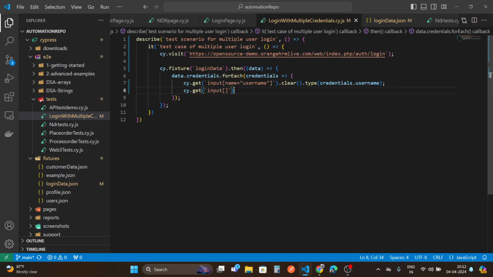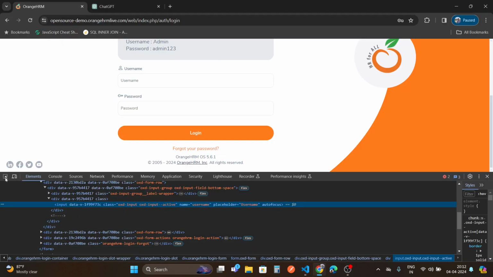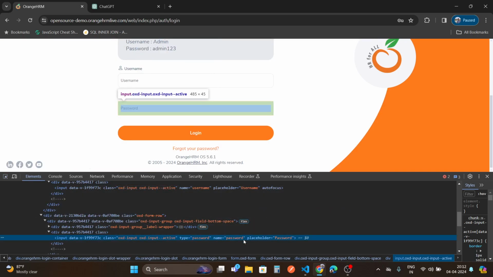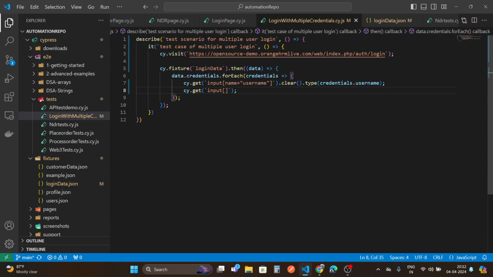Let me locate the password locator here. It is type password or name password, whatever you wish, you can just write name password. Okay, and dot clear